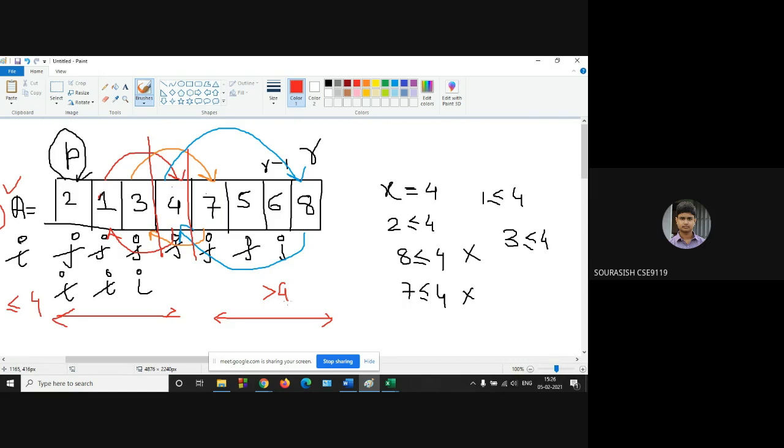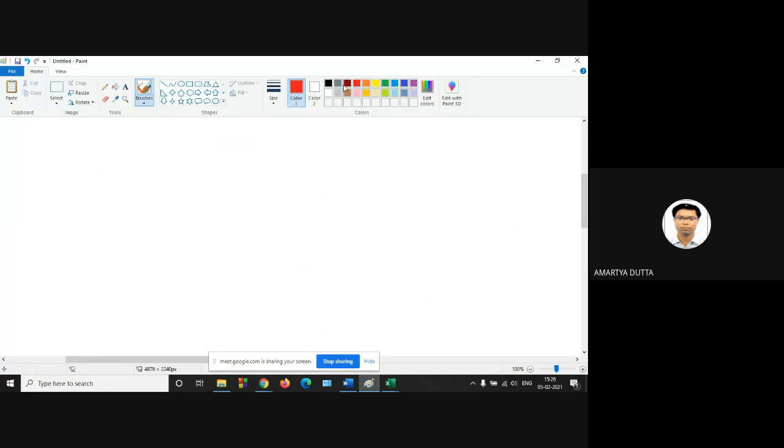Yes, sir. Now solve the 2 1 3, the left one. How to solve 2 1 3? Any idea? So this will be another subarray.